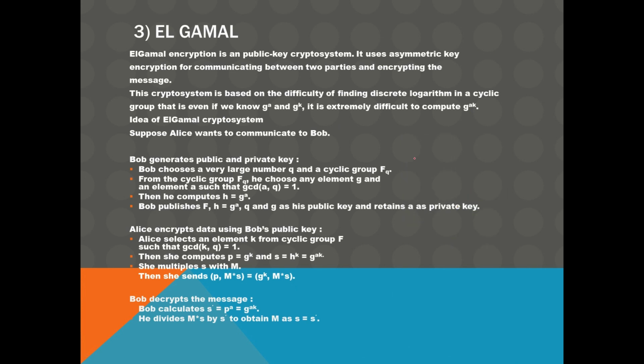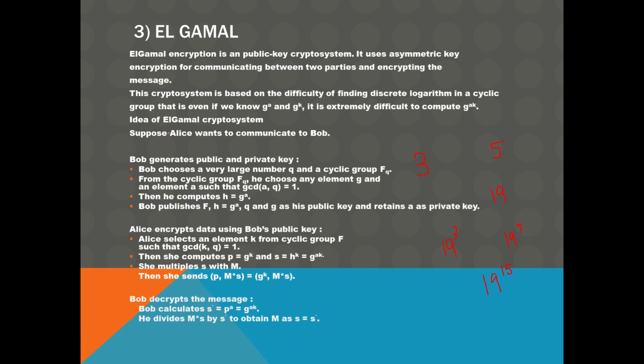So suppose you have a number 3 and another number 5, and also we have the main number, which is 19. Suppose you know what 19 to the power 3 is. You also know what 19 to the power 5 is. But then again, actually knowing the value of 19 to the power 15 becomes very difficult. So that is actually the main logic behind El-Gamal.